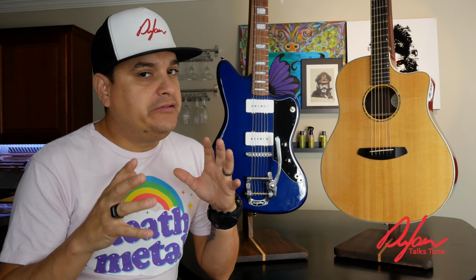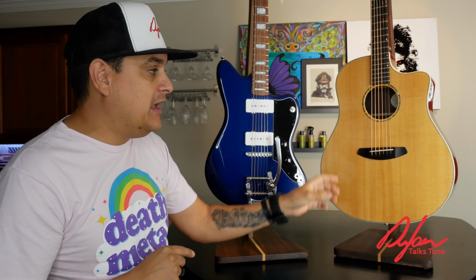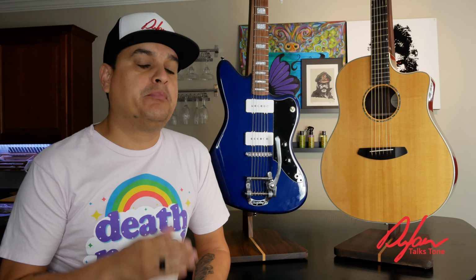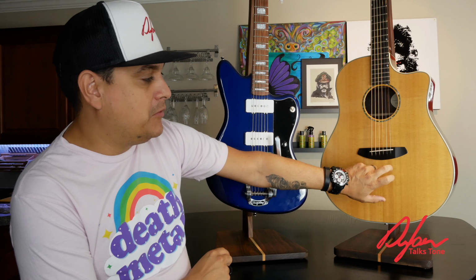Well, first of all, electric guitars and acoustic guitars are completely different in how they make sound. People are not going to like this conversation, but let me tell you what, this doesn't do the same thing that does. It just doesn't. An acoustic guitar is, by all intents and purposes, a percussion instrument. So think of the body of the guitar almost like a drum. If we were to tap on this,